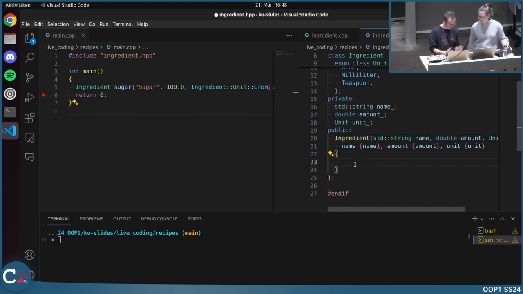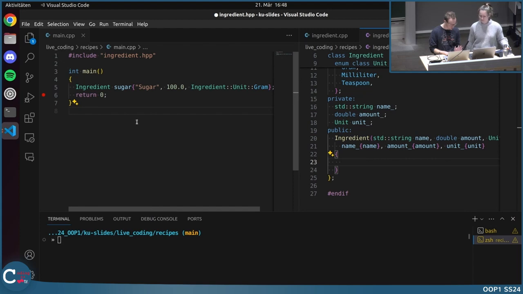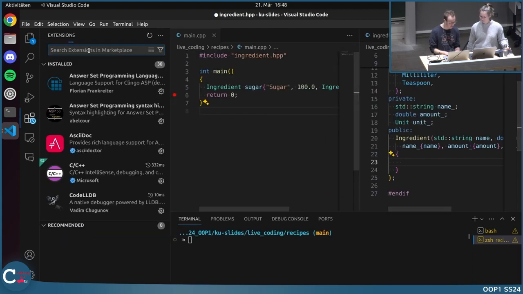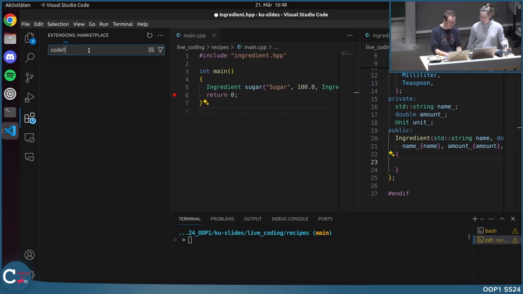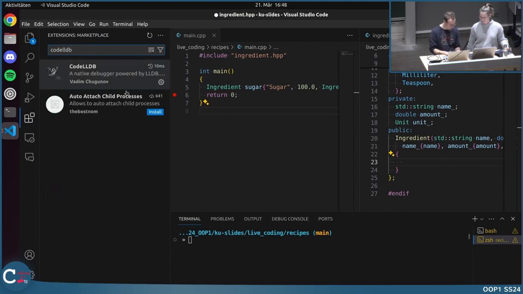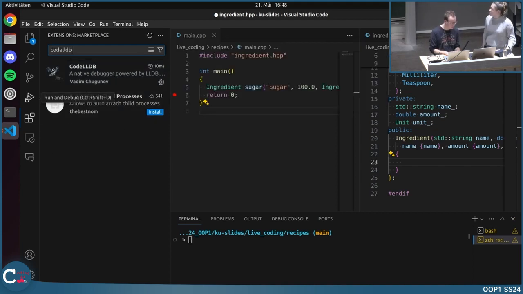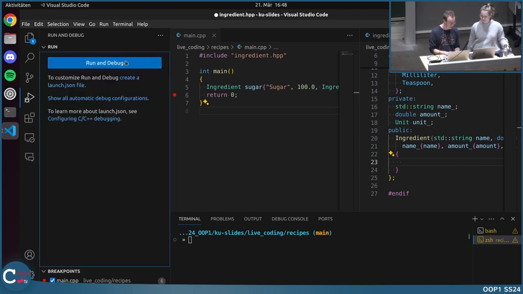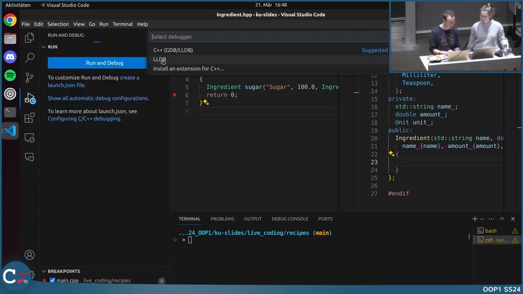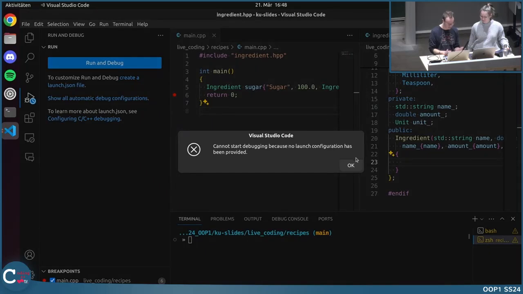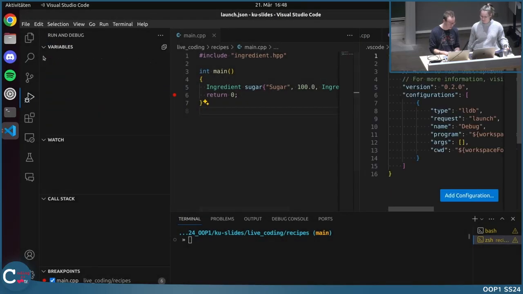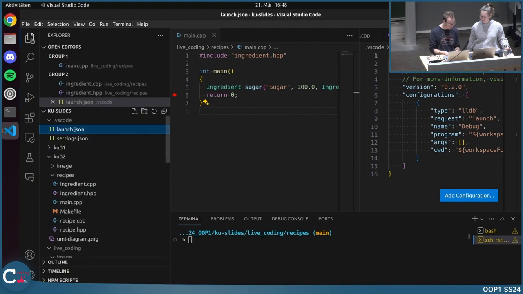So we wanted to start a debugger in VS Code. There is one requirement that you need. You need an extension called CodeLLDB. So you need this extension here, which I have already installed. Then you click on this run and debug part on the very left side. We run and debug, choose LLDB. It is okay that we get this error message because we need to